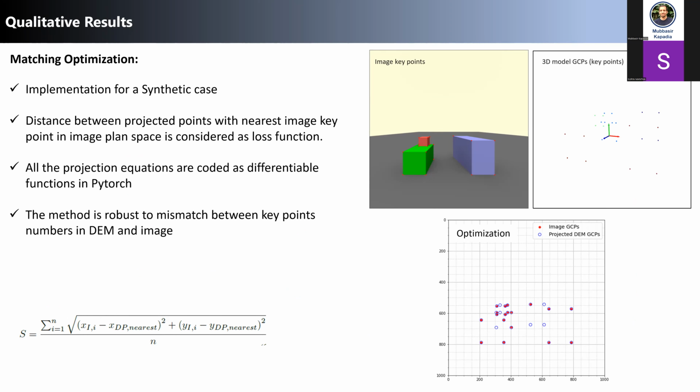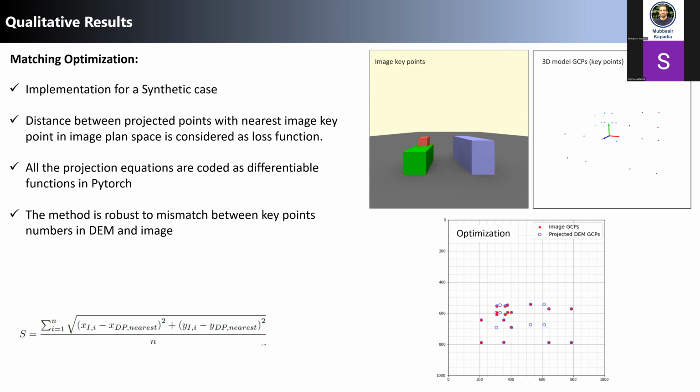For the loss function, I considered the distance between projected points with the nearest image key point in the image plane space, and then I implemented all the projection equations in PyTorch as differentiable functions